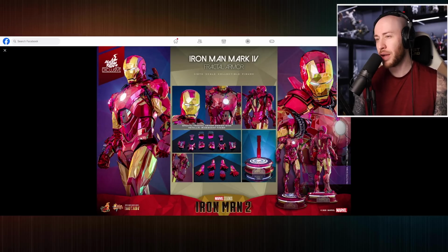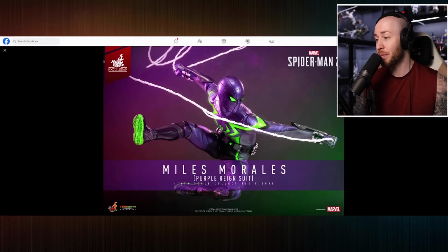What is it retailed for? 2,680 Hong Kong dollars. So that's, let's see, over there overseas, $344. Add 25% on top of that, 425, something like that, because it is going to be a diecast Iron Man. So you've got diecast Iron Man prices. So like the base, kind of a cool looking Iron Man, but I could not give any less of a damn about this thing. This is not at all going to end up in my collection, and neither is Miles Morales,